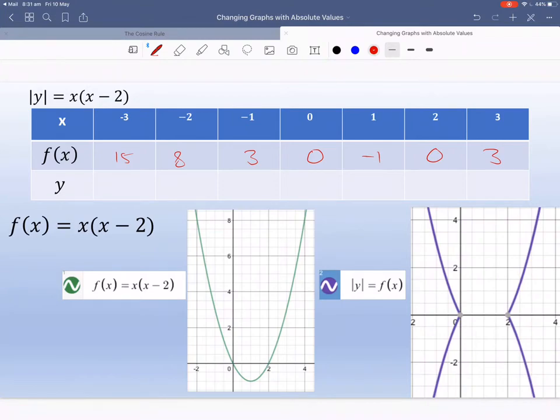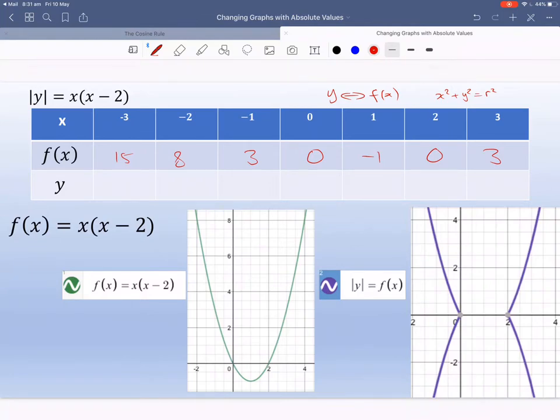Now, I've got y here. y and f of x are often very interchangeable. The only difference is that y can still remain y even if it's not a function. So for example, with a circle, that's not a function,